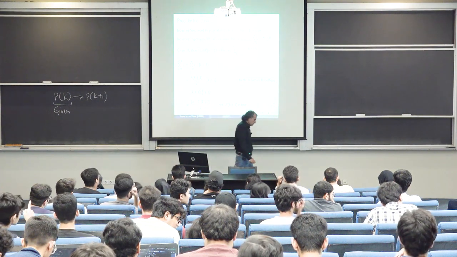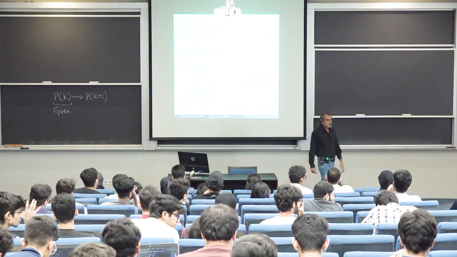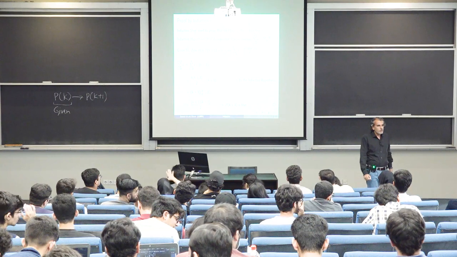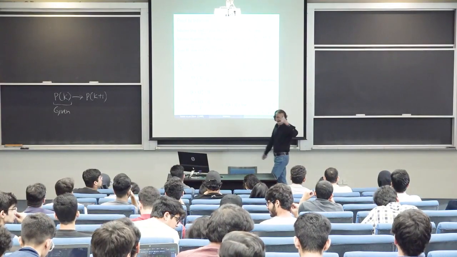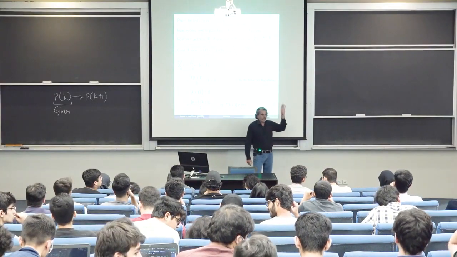Sometimes it goes like, if I prove Pk, it's harder to find Pk plus 1. Is it okay if I can prove Pk minus 1? So, in that case, you will be starting with Pk minus 1, and you will be establishing Pk. That's equally good. And we'll see another version of this whole thing as well in a while.